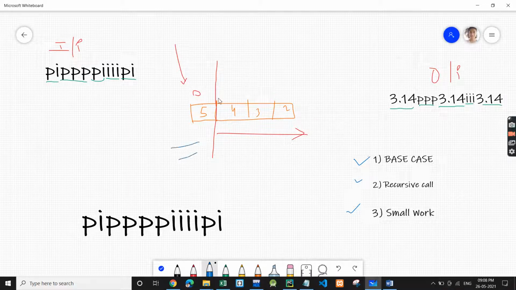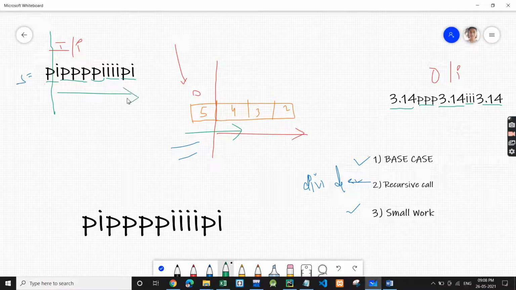Now this was in the case of array when we did work on the 0th index and the rest of the work was done by recursion. In this question we are given a string. So how do we work on a string, how do we do the recursive call, that means how do we divide the input? It is the same as what we did in array. In a string we do the work on the 0th index and the rest of the work is done by recursion. Same as in the case of arrays.